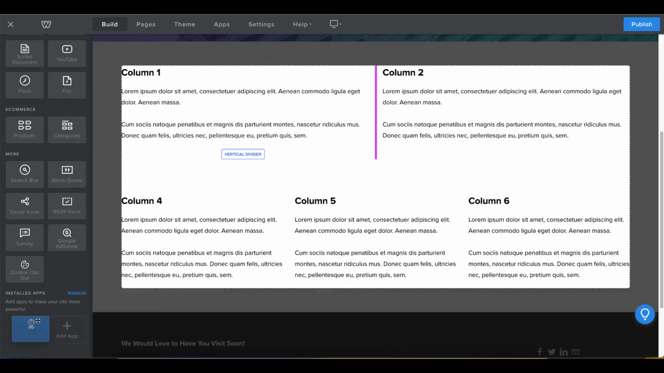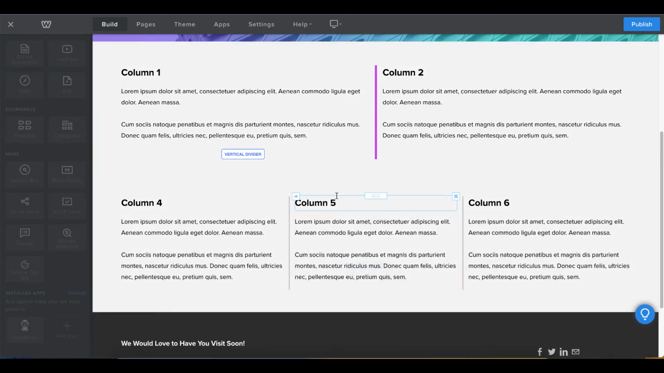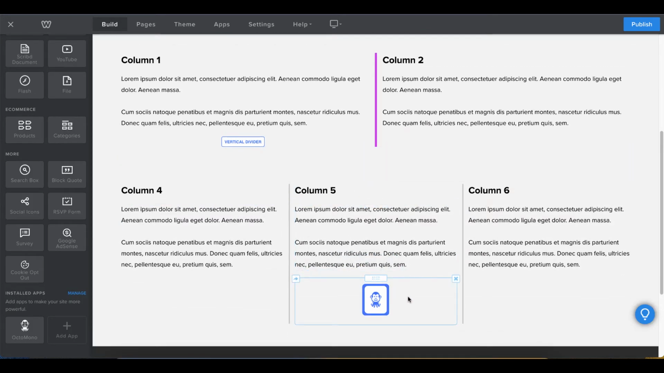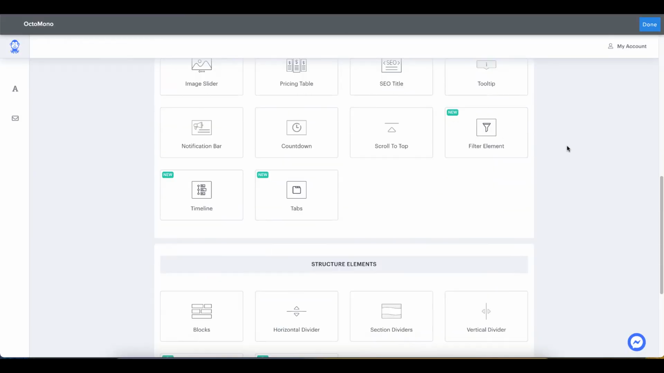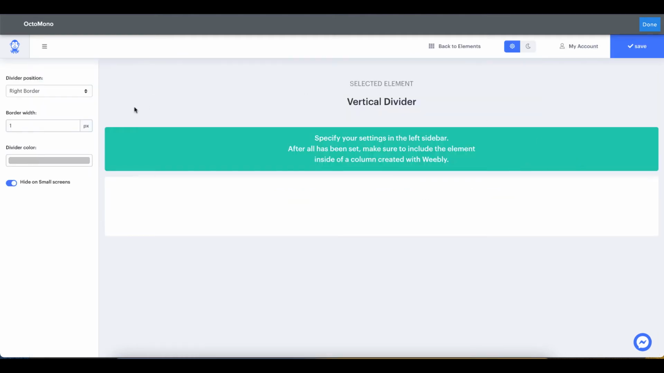So now let's add another one, and we're going to add a divider here at the left. So we add it in the middle, click on the dashboard button, scroll down and click again on vertical divider. In this case we need to add it on the left. We're going to leave those default settings of 1 pixel of width and a gray color. Click on save,